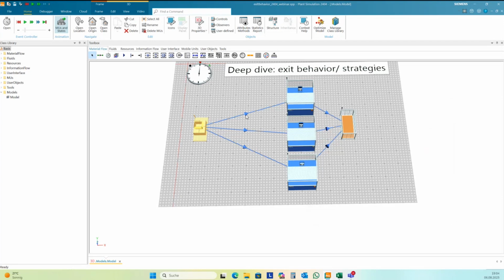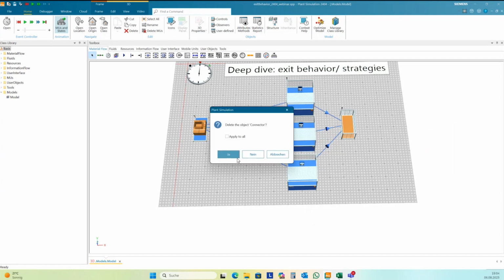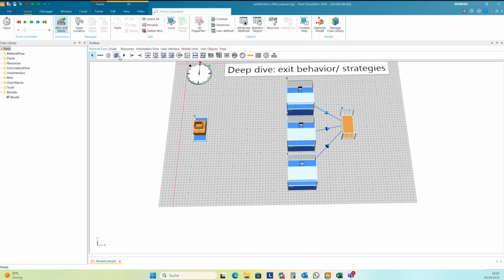And a third variant, I want to show this first. This is from the history of Plant Simulation. There's the flow control.